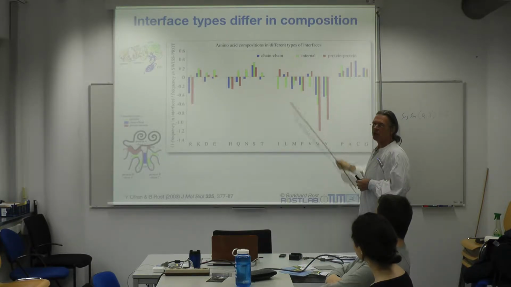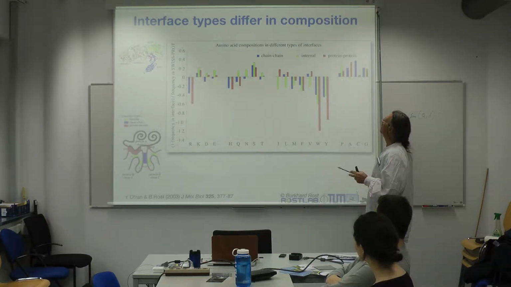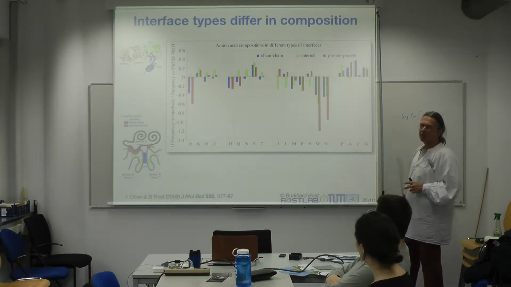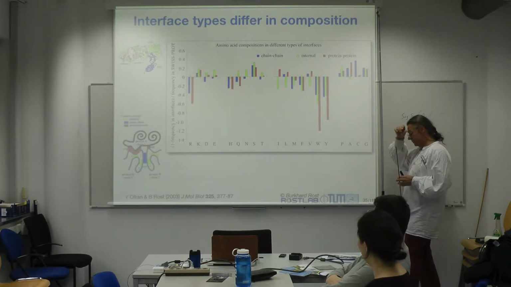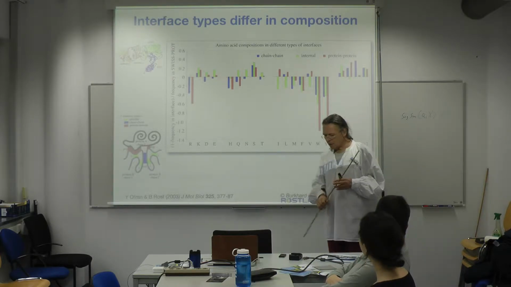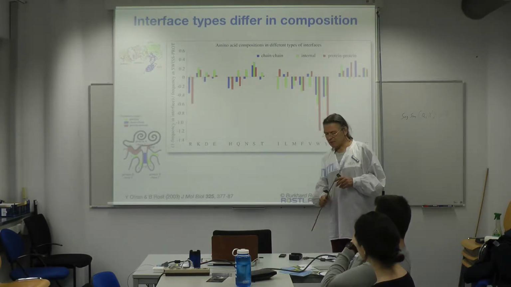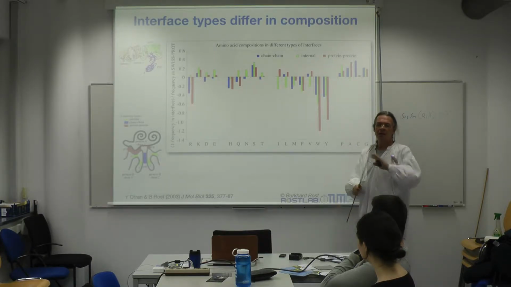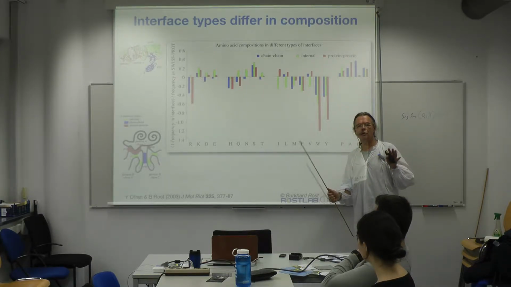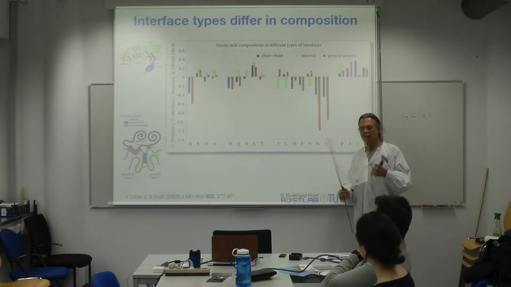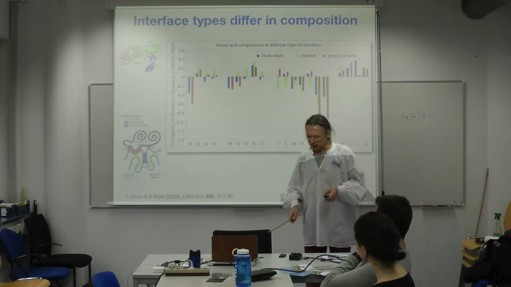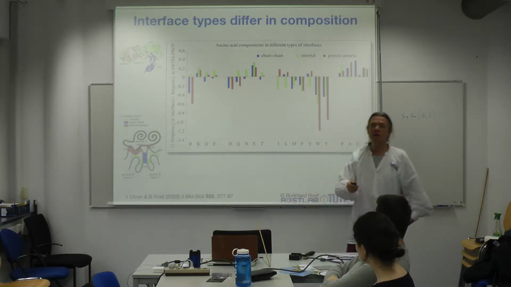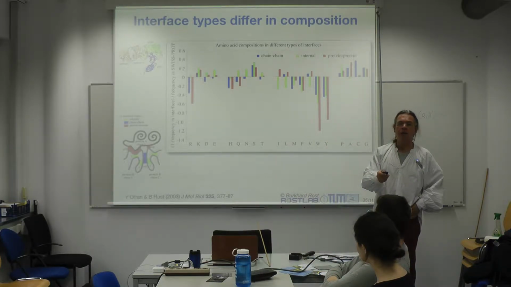Blue is again chain, so it's essentially homodimers. Green is the internal stuff. Red is the transient protein-protein interaction. And again, if all 3 would be the same, then I could, without any label, look at the entire PDB and use the entire PDB to develop protein interaction prediction methods. Now, what I'd like to do is that everybody,